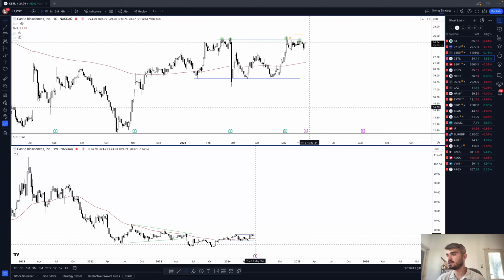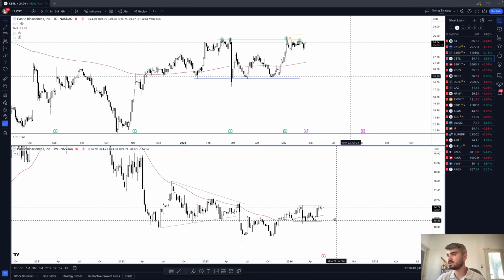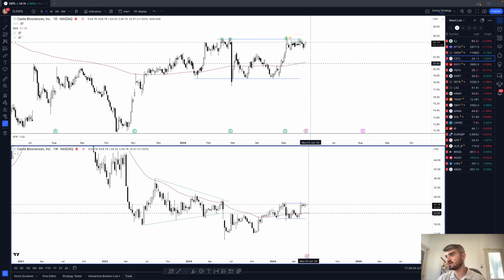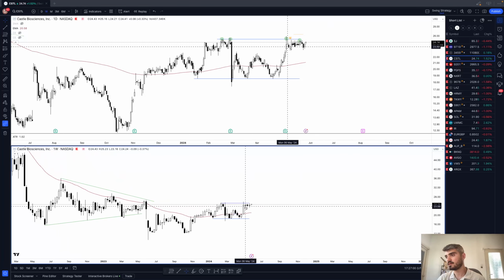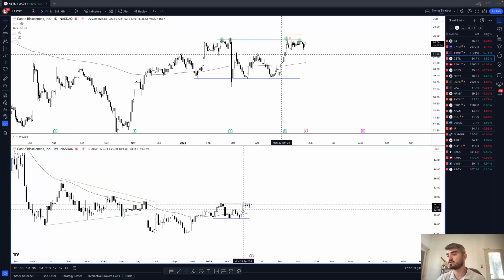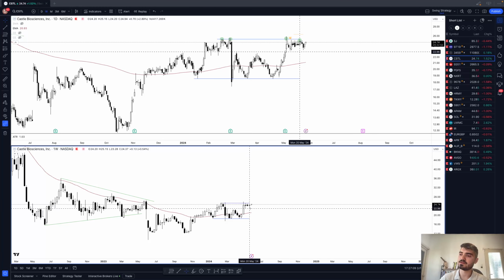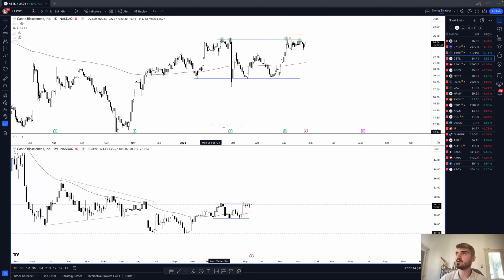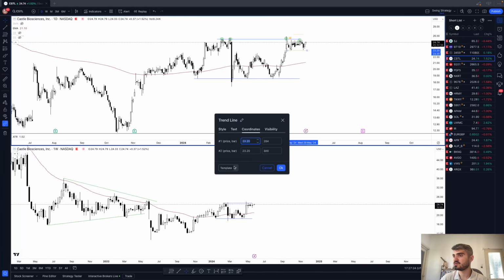CSTL, another rectangle coming off the bottoms, holding above the 200-day EMA for quite some time. You can say 5 weeks, and in a sense you can look at it as some kind of a bull flag. So we have a strong bullish weekly candle with a few sideways doji bars closing at the upper range of the bar, which is quite good. We can also draw some small range here if you want to